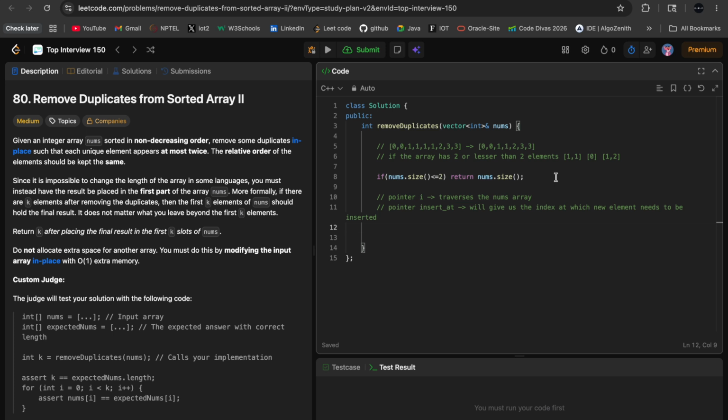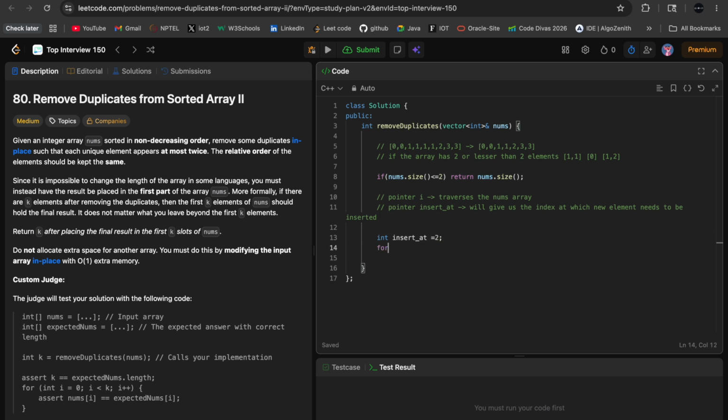So when we start traversing, or even when we start insertion in the final array, we can just skip the initial 2 numbers. They can directly be taken from the nums array, right? So we can initialize int insertAt, and we can initialize it to 2, right?